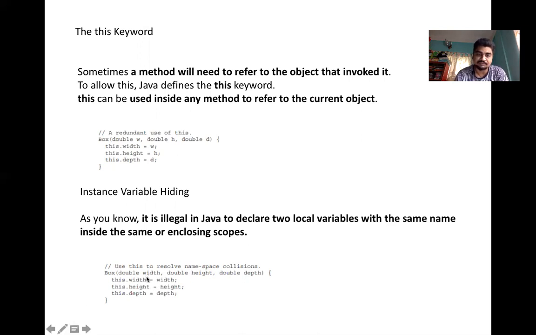To make the names different, we use Box(double width, double height, double depth), and say this.height, this.width, this.depth equal to width, height, and depth. I could even write width equal to width, but to make the difference, we write this.width equal to width, this.height equal to height, this.depth equal to depth. Thank you.